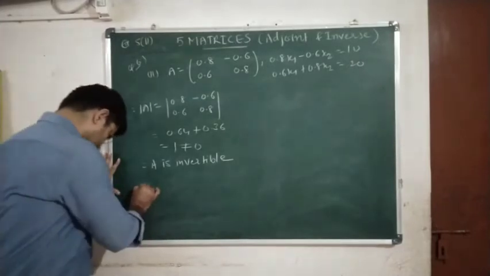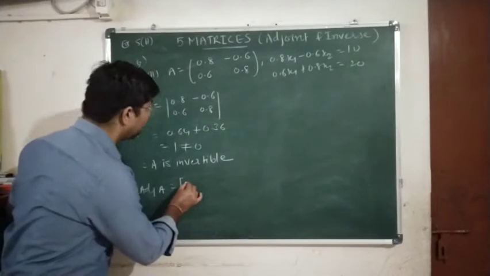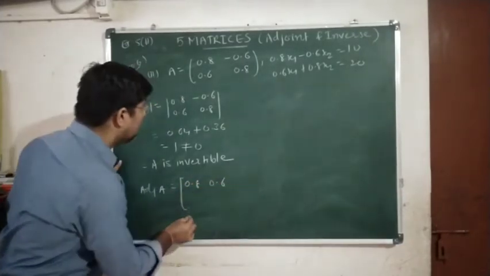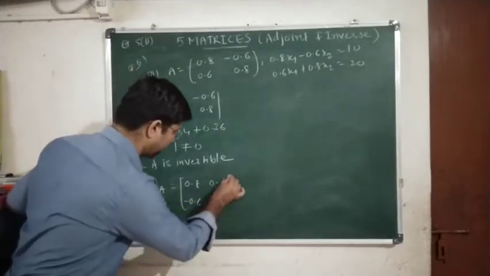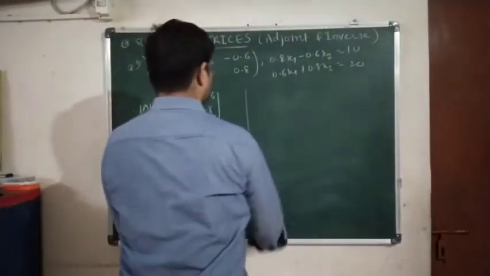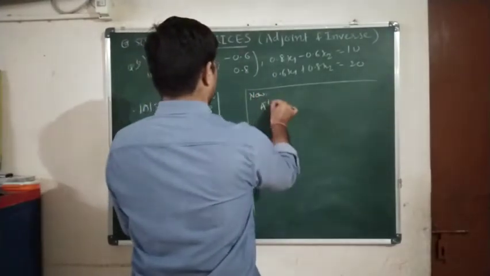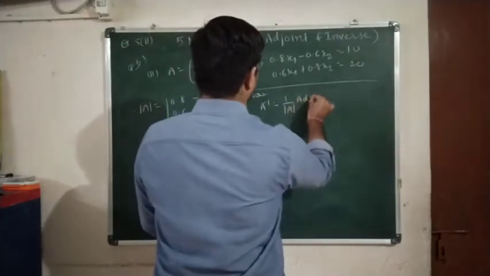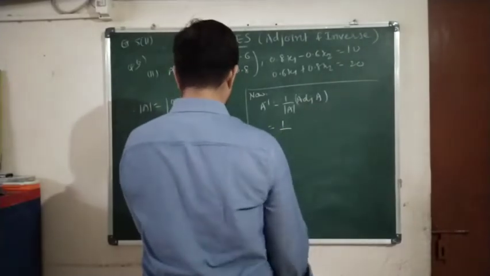Now we will find the adjoint of A. The adjoint of A is obtained by interchanging the diagonal elements and changing the signs of the off-diagonal elements. So we got the adjoint of A. Now we can calculate the inverse of A. A inverse is equal to 1 upon determinant of A into adjoint of A, equal to 1 upon